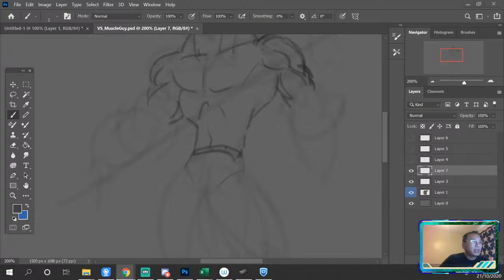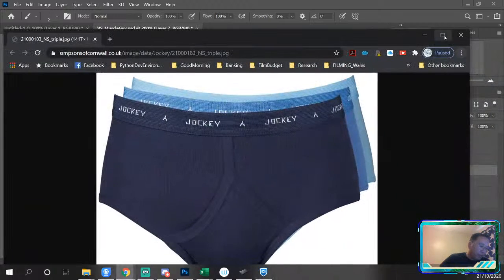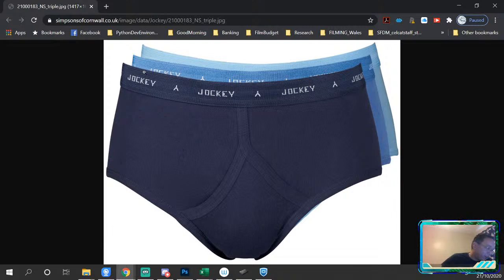One quick second here. Just want to find a good image. Yeah, we'll do this one. Open image in the tab. There you go. So if you look at a set of Y-fronts,